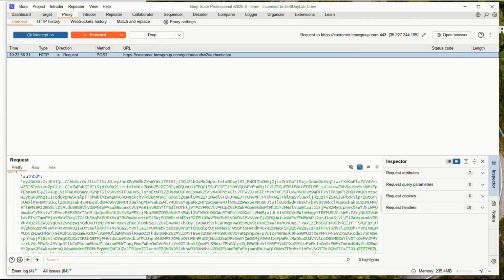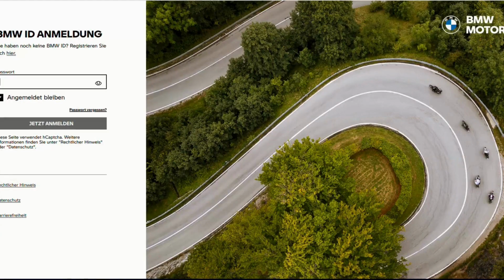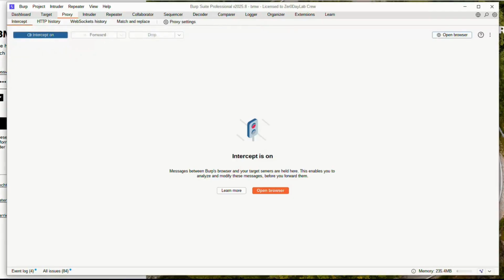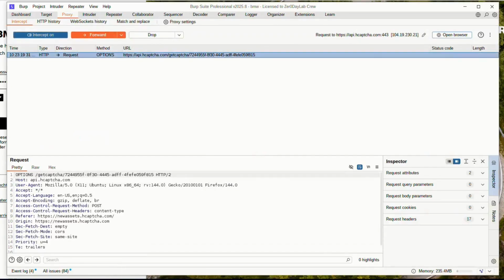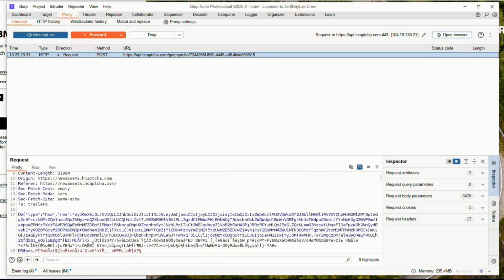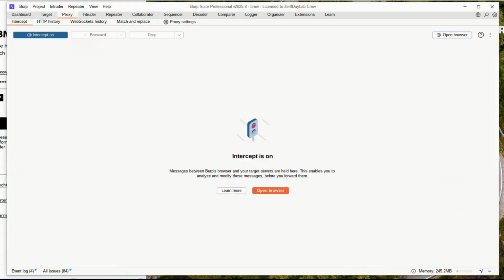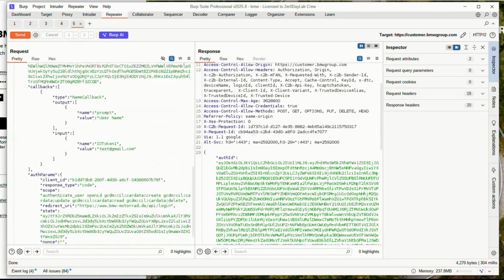Send. 200, forward, and it's asking for our password, that is test, and let's send it. It's sending a captcha request. No problem.